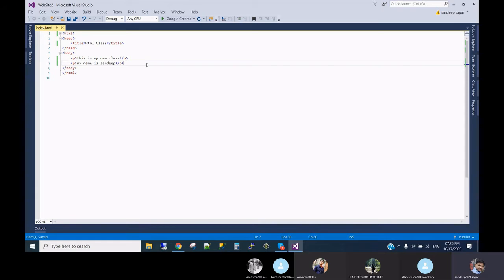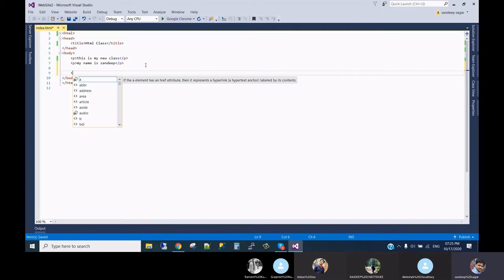Second tag is the a tag. The a tag is basically a link tag. For example, when we create a website or any web application, we have different menus. When we click on the menu, a new page opens, or we want to redirect somewhere. For example, if you visit our website, there are some online classes links and some study material links. When you click on that, you will see a redirect happens to that page. So for that, we need an a tag.